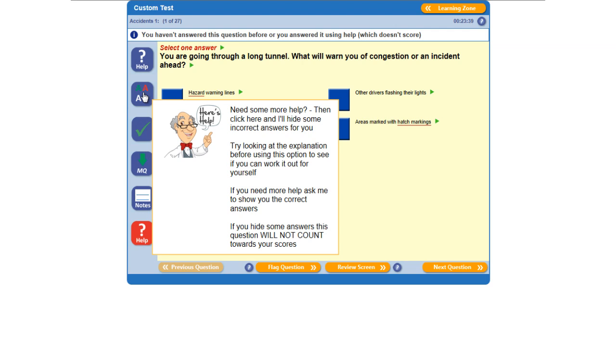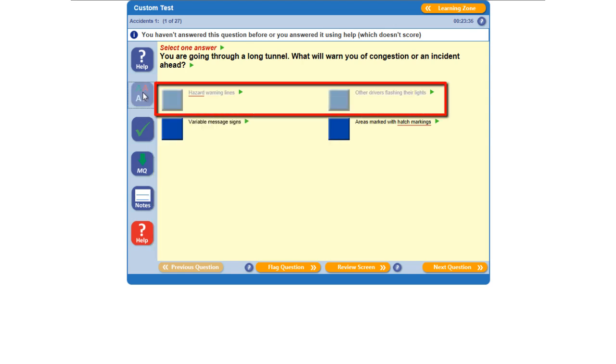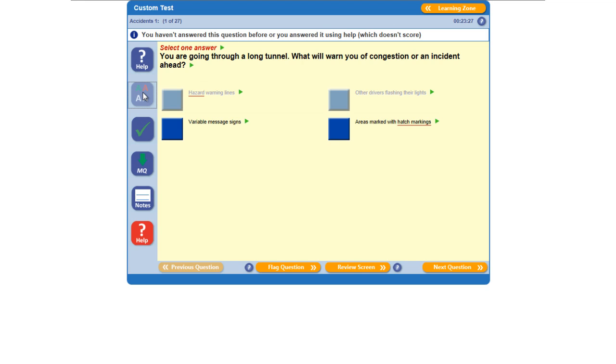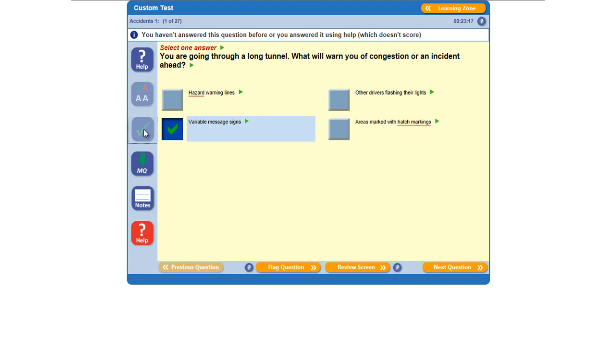It doesn't hide half the questions exactly, but what it will do is hide some incorrect answers. So you can see here that having pressed that button, the top 2 answers have now been greyed out. So we know that the correct answer to this question is going to be either variable message signs or areas marked with hatch markings. If we're really stuck, we can ask the software to show us the correct answer, which